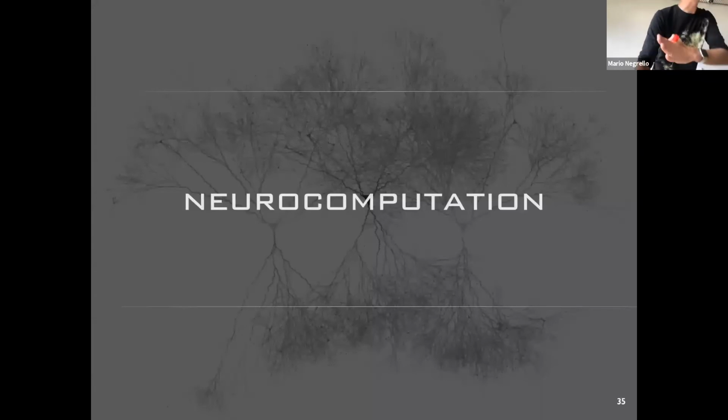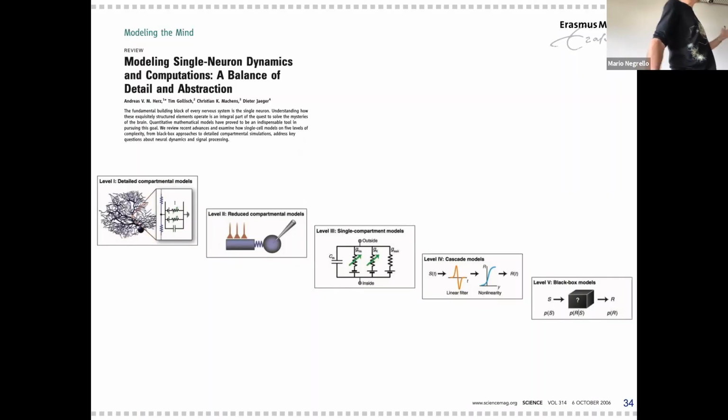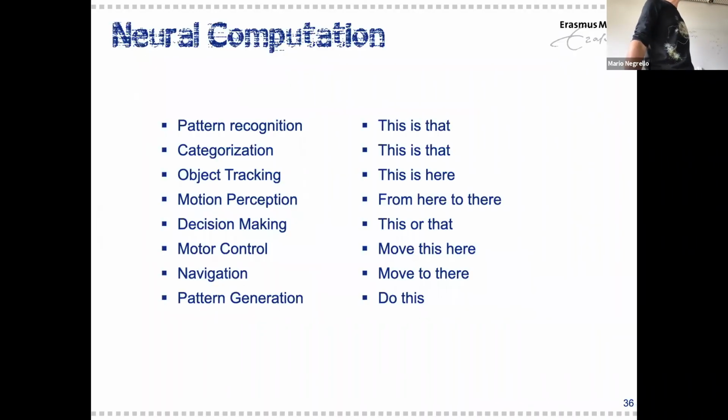So we can then go from a very complex, detailed compartmental model to a reduced compartmental model, making a single compartment model with fewer variables, making a cascade model that goes all the way to a black box model that might look like a ball. And then you take those balls and you try to think, okay, how am I going to put them together to do stuff? And the stuff that we're going to do is what we talked about a moment ago